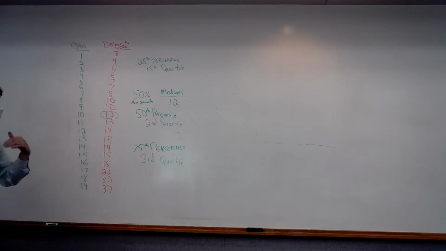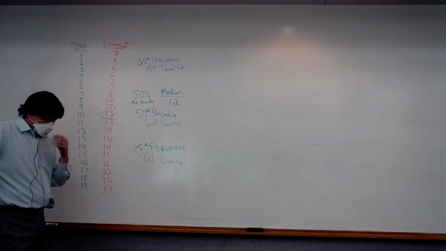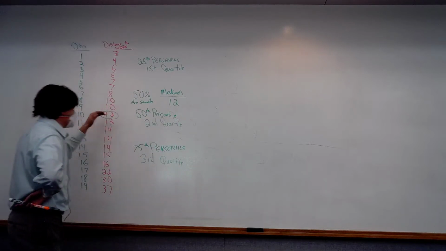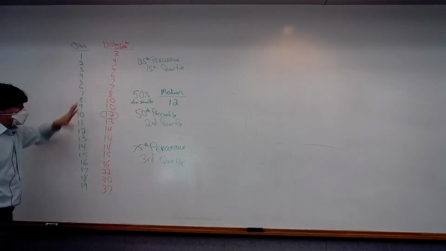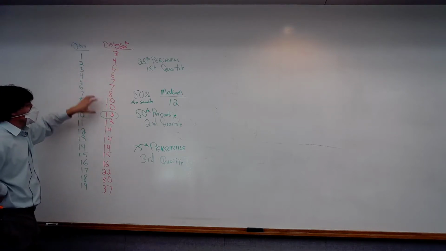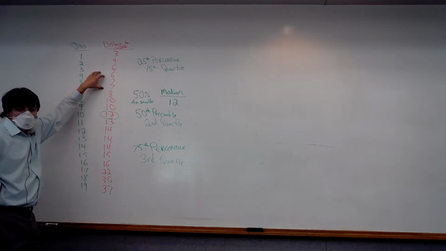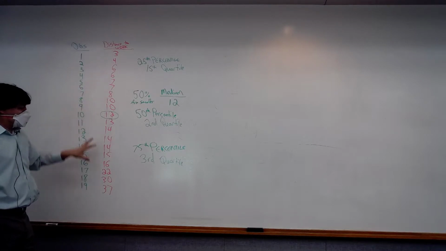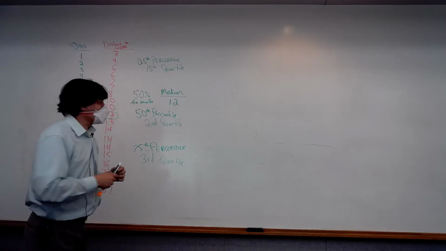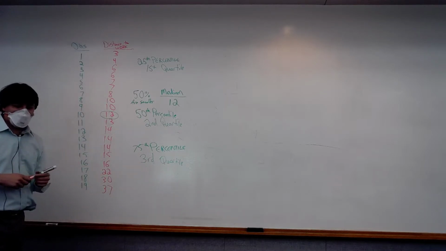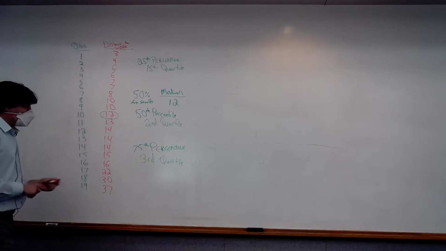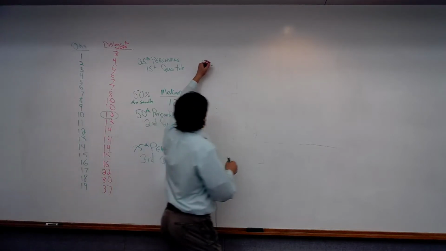So how do we find those values? We could logic our way through much like we did with the median: half above, half below. In some sense, the first quartile is the median of the first half, and the third quartile is the median of the second half. So we could logic our way through it, but a more universally useful way is to use a formula,